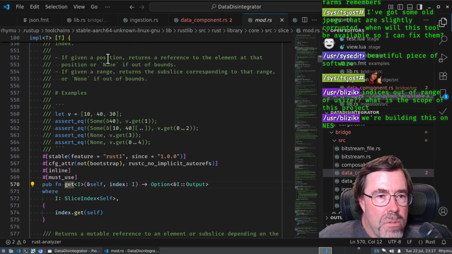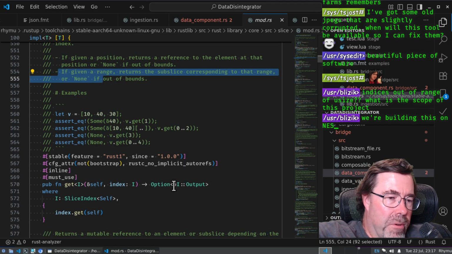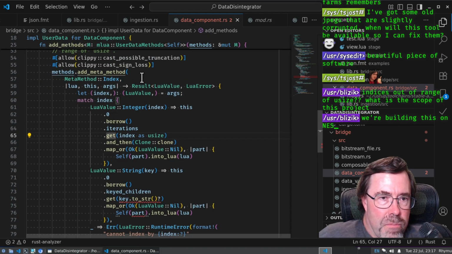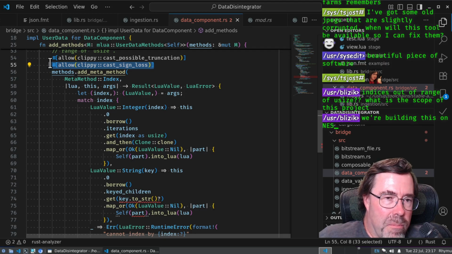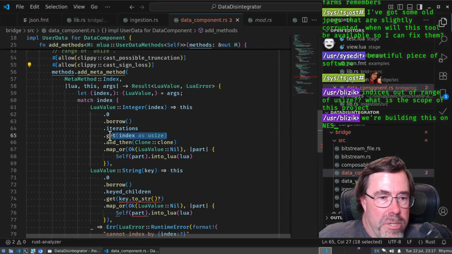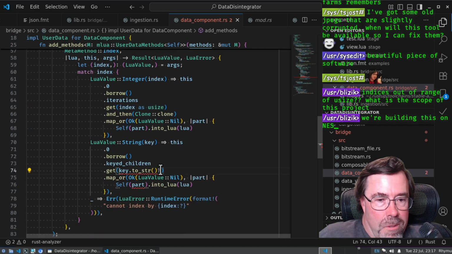Actually, get will handle out of range, so maybe we don't care. Because it'll just go to a very large positive number if you don't handle sign loss. A negative number becomes a very large positive number, and it'll probably be out of range. And get will return none, which is just fine. So maybe we could just ignore both, right? Okay, so